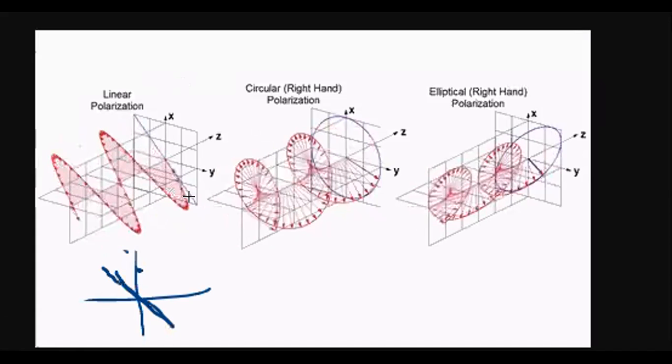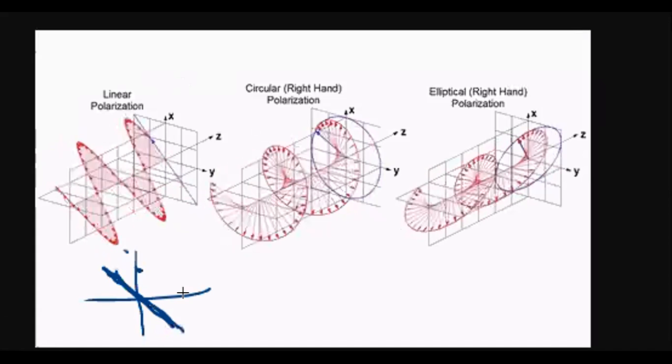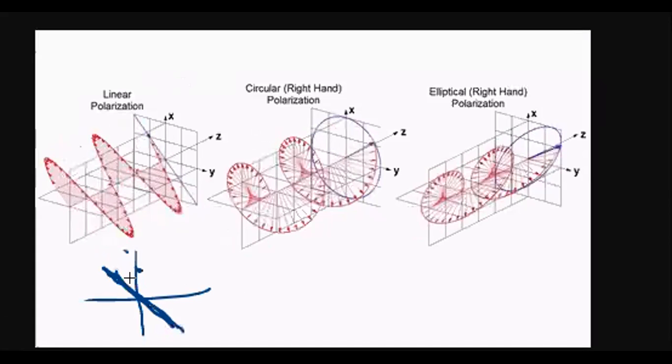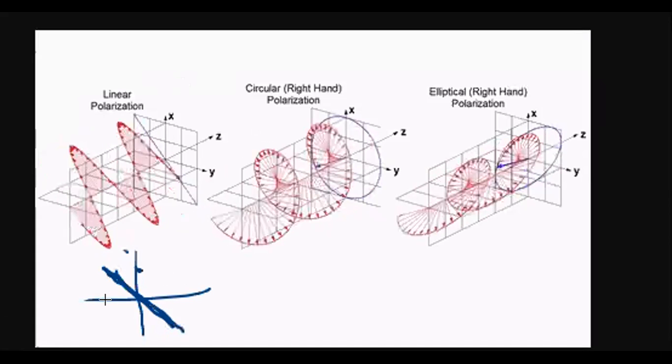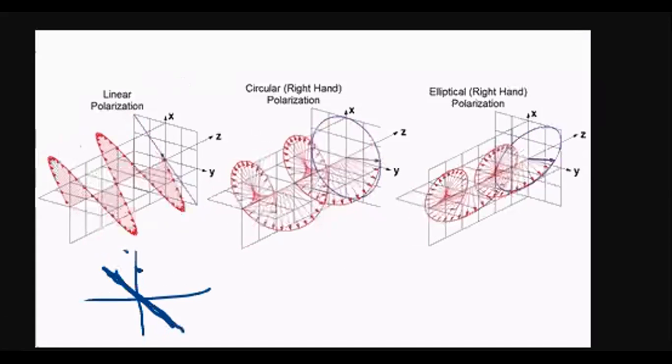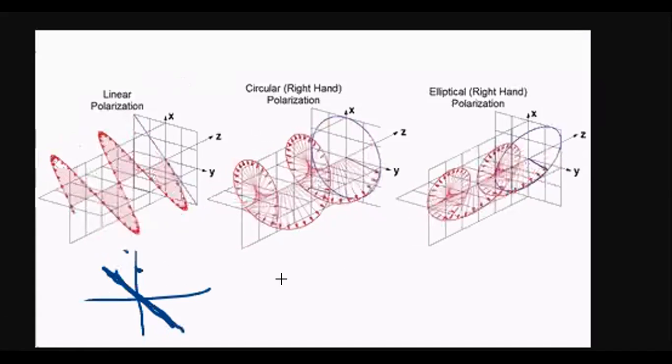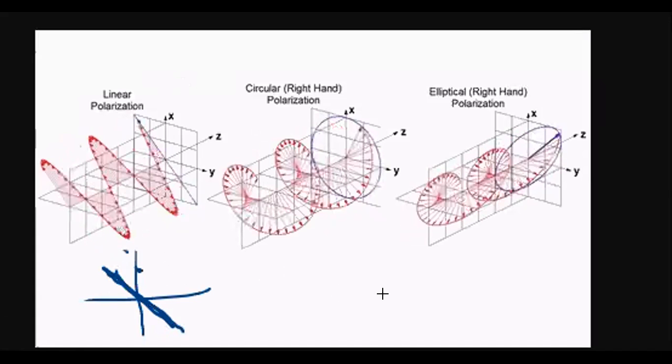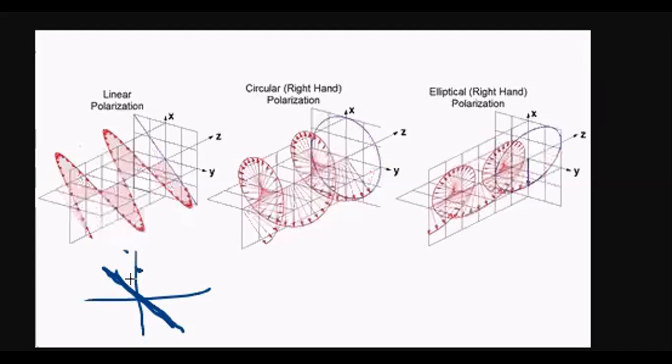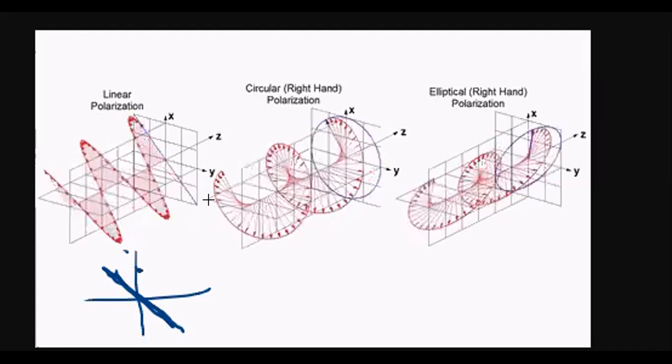It's like slanting. It's varying like this, going here and coming back here. Because in two dimensions, if you draw this nature, the variation will be like this. It's not horizontal and it's not vertical. It's something in between horizontal and vertical, but the electric field is varying on one line only.